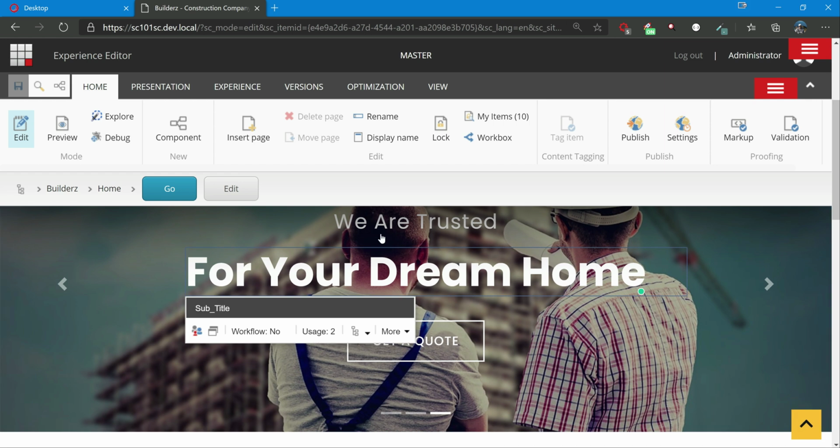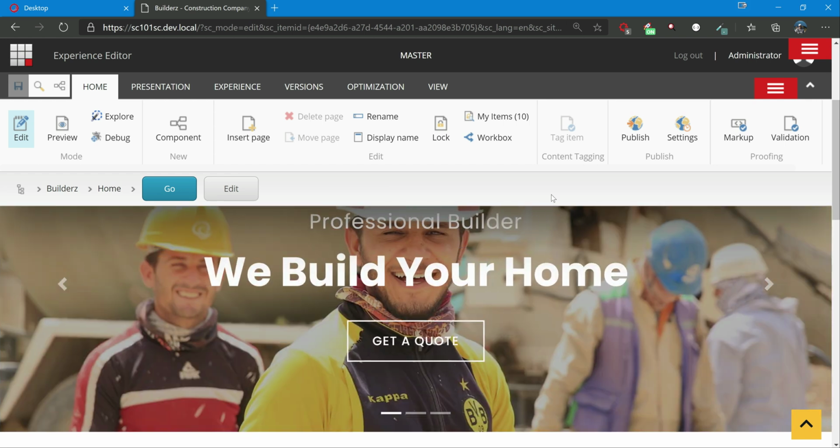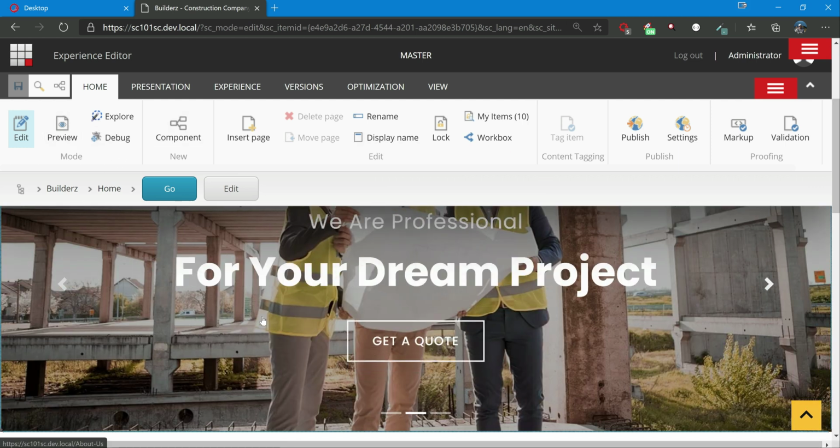We have seen the Experience Editor, right? We can edit the text and whatever content. The second thing is preview. Now we are seeing edit mode. If we click on preview, it will open the same page in preview mode, showing that nothing will be changeable. Remember, it's not the live version yet. This is the master version, the content management version, shown in preview mode, so we can see how the page looks.